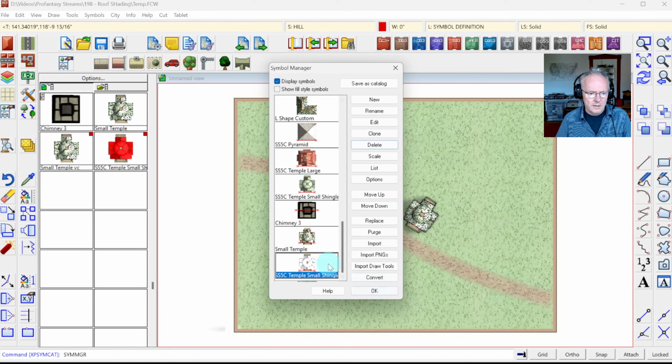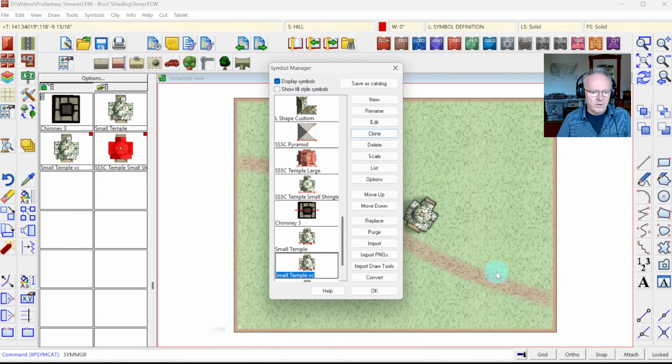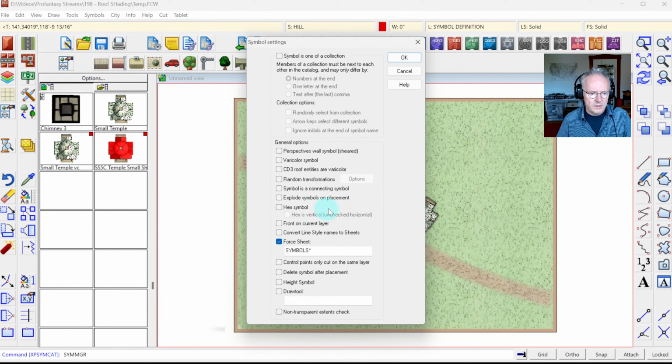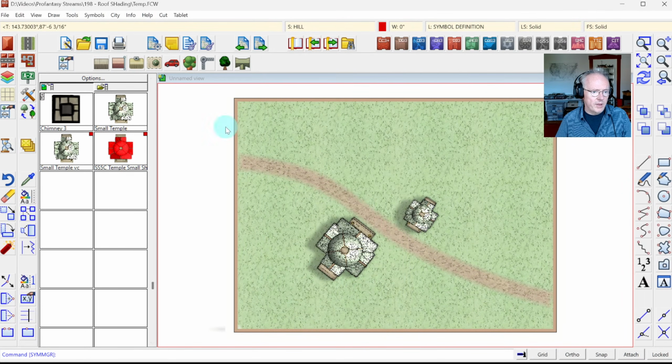Delete. I want to clone this. I'm just curious about the Varicolor thing. Varicolor. Options. Varicolor symbol. Ah, that's the option I forgot. I need to set the roof entities as varicolor. That's what defines whether the roof map is also used as a varicolor map. That's what I forgot to set previously, and so you should now be able to